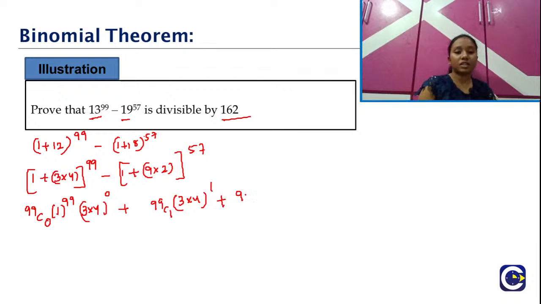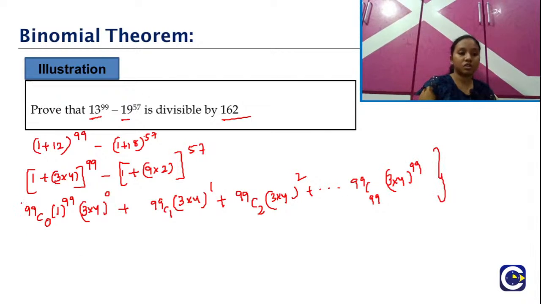And then 99C2 3 into 4 whole square, and so on, up to the last term 99C99 3 into 4 whole power 99. And this entire expansion should be subtracted from this term. That means minus, I'm just writing it down here,